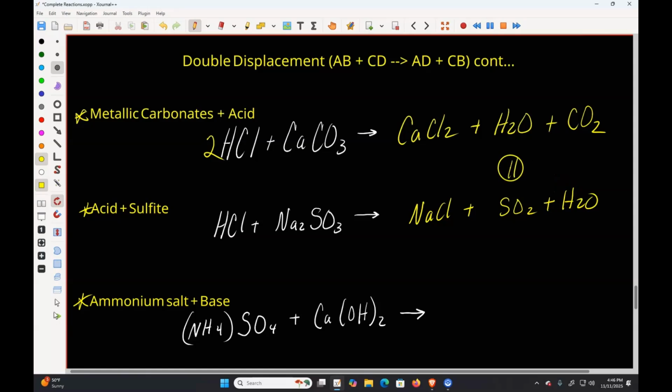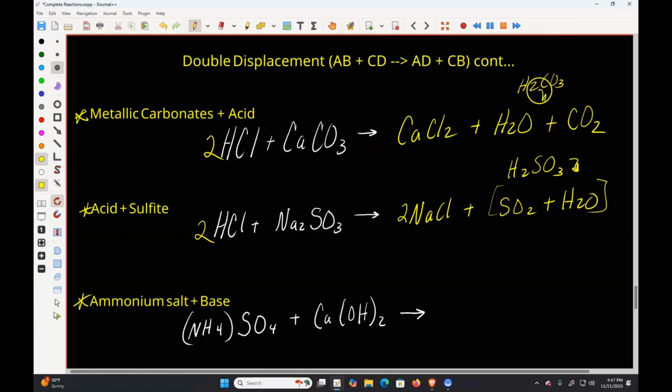You may have it written like this, but this is unstable and it's going to further decompose to form these two. Same thing up here. This will be H2CO3, which is considered unstable on the right side, so it's going to